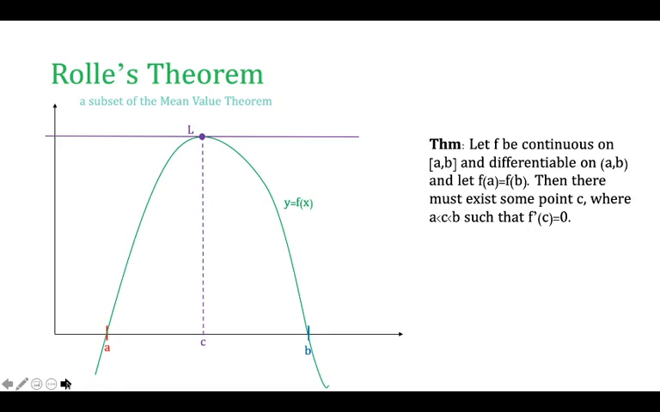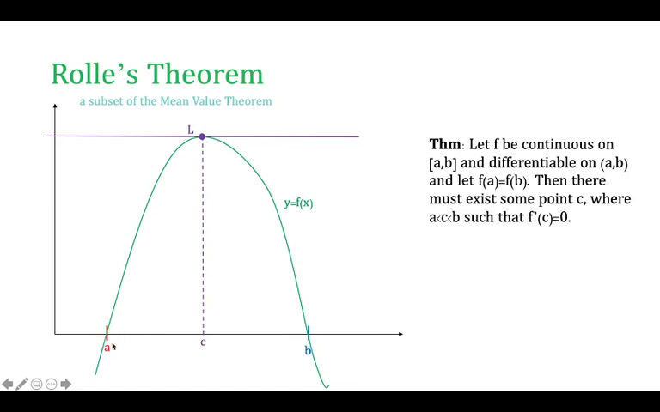Okay, so this is Rolle's theorem, and it is basically just a subset of the mean value theorem. So if you know the mean value theorem, it basically implies this. What Rolle's theorem tells us is, if there are two points on an interval, so these are the two ends of the interval, a and b,